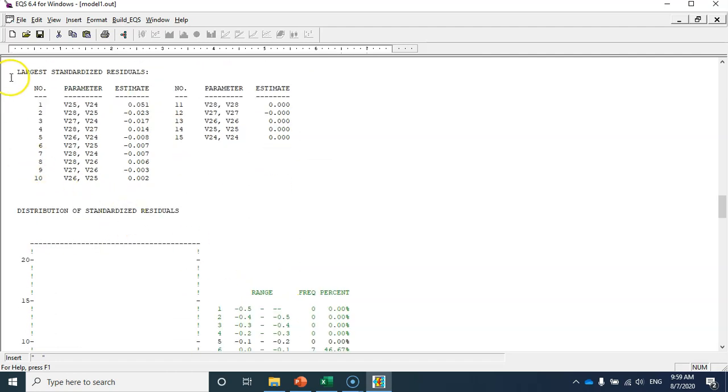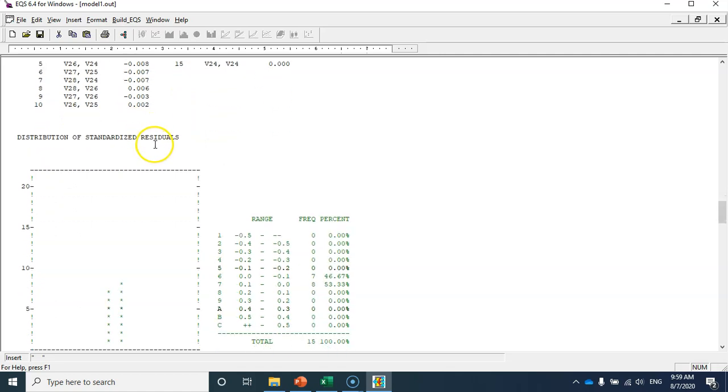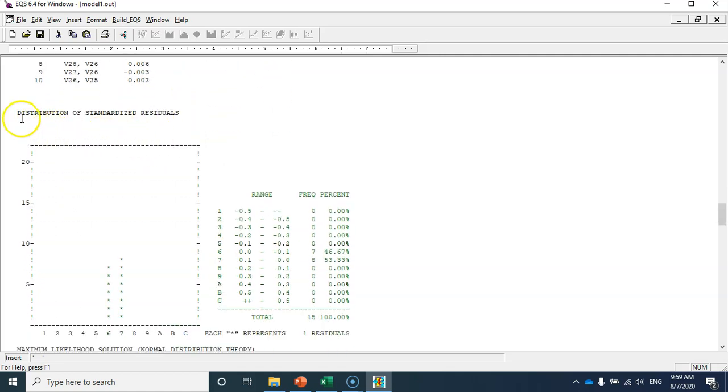Then you have the largest standardized residuals sorted here based on their size. By default, 20 residuals are displayed in this table, but given the fact that we only have 15 residuals, all of them have been displayed here in this table. After that, you can see